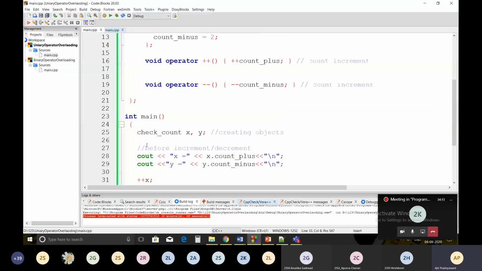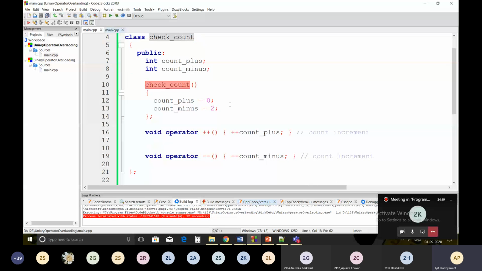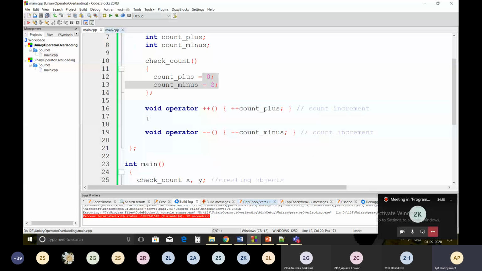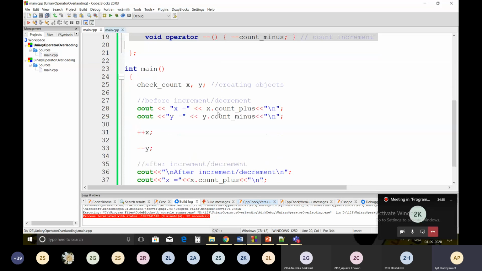Again I am repeating this. In the CheckCount class we have a constructor and two variables, countPlus and countMinus, initialized to 0 and 2 respectively. This is our operator overloaded function plus plus, and this is our second operator overloaded function minus minus. And how to call this?